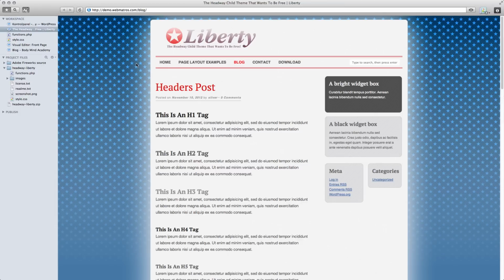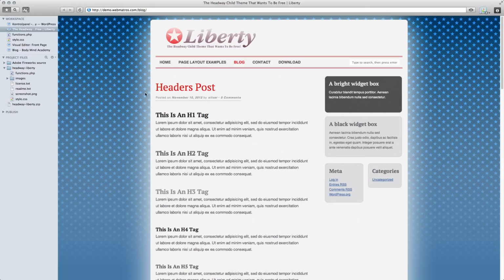It's actually a tribute to Ron Paul, the Libertarian presidential candidate in the U.S. elections. I believe a lot in personal freedom, so that's why it's called Liberty. And then it's a play with words. It's the child theme that wants to be free. So free has a double meaning here, being that the theme is free and liberty, free.